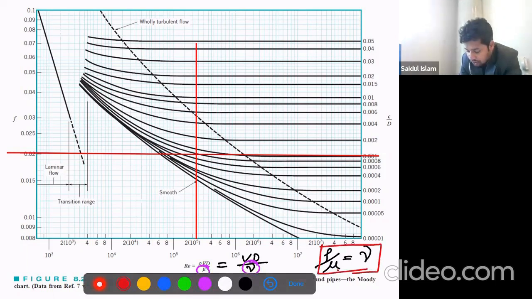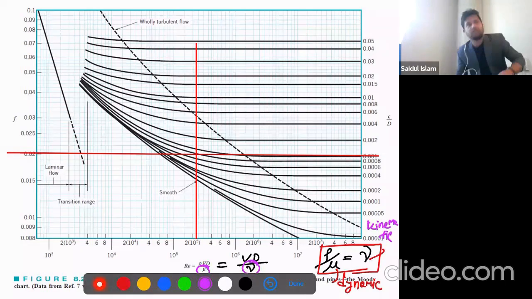So this is dynamic, and this is the kinematic viscosity. If we use the kinematic viscosity, then we do not need to use density anymore. Okay, so I believe you know it. We used it in week 2, week 3. So now,